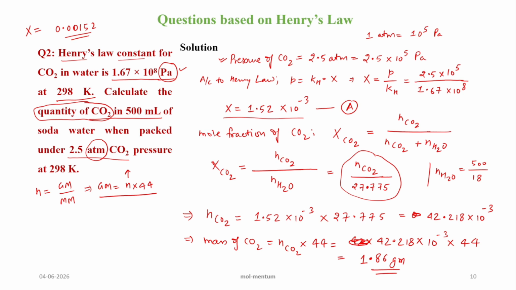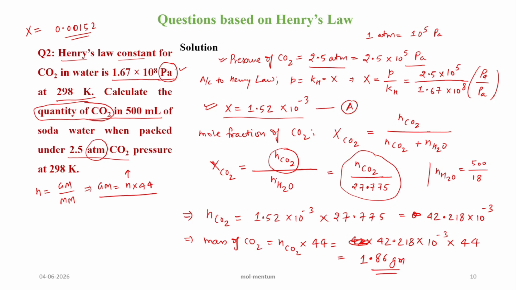So what you need to know first, step by step. First, make the units of pressure the same. Either you can convert Pascal into ATM or ATM into Pascal. I have converted ATM into Pascal. Once both of these are in Pascal, then you can calculate KH, the Henry constant. When we know this value of KH and the pressure is also in Pascal, then we can calculate the mole fraction. The moment you get the mole fraction, using this formula of mole fraction, we have to calculate the number of moles of